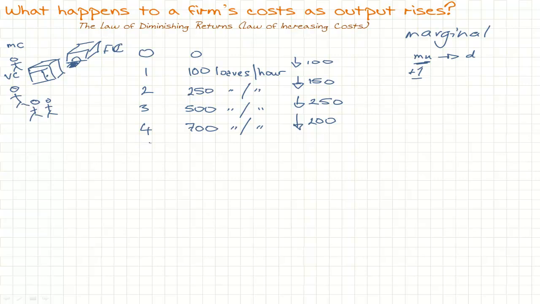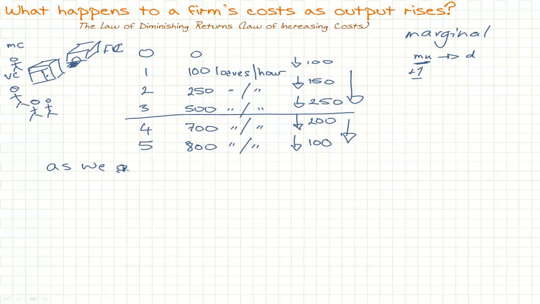And let's just do one more. They add a fifth person, and now our output has gone up to 800. So again, output has increased, but this time by only 100. And what you can see here is after the third person, our returns started to decrease. So up to 3 people, we had increasing returns. But after that, as we added more variable resources to the fixed factor of production, our extra returns started to decrease. And that's the law of diminishing returns, which states as we add more variable resources to a fixed resource,